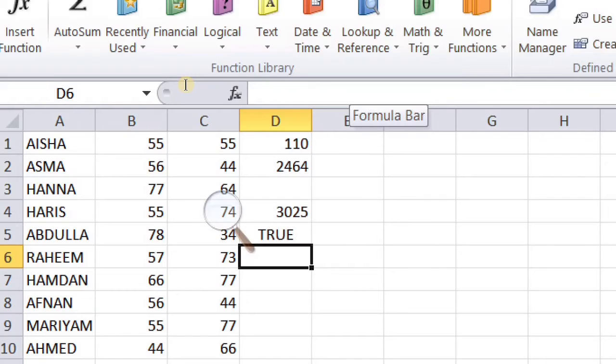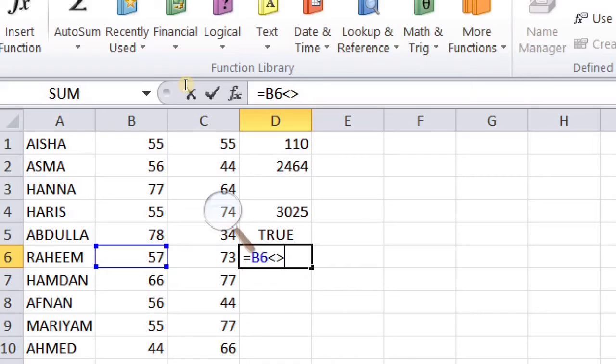Likewise, we can use is equal to, less than, greater than or equal to, less than or equal to, and not equal to. Suppose is equal to B6 not equal to C6, this is the sign for not equal to.